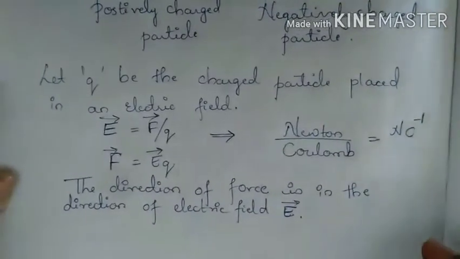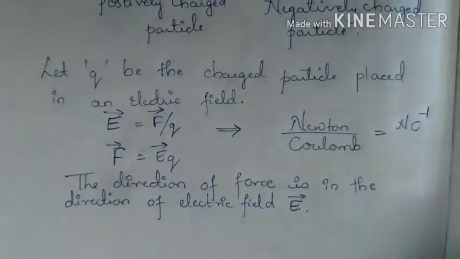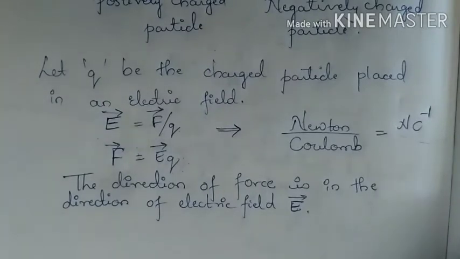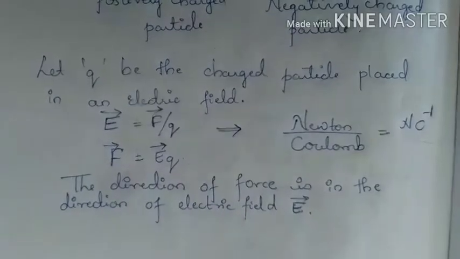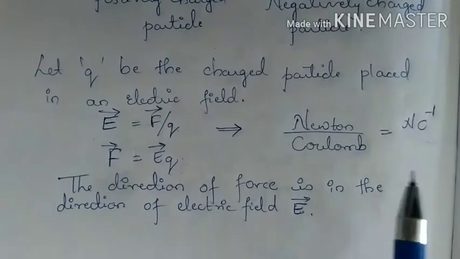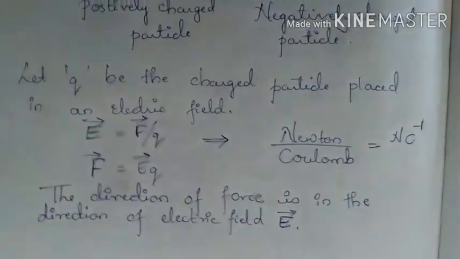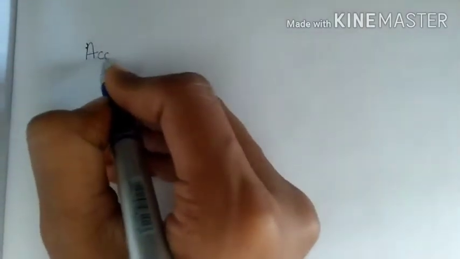So this is the basic thing that you have to understand. So what is E, what is F? So now what will happen when the field is applied? So when you apply the electric field on a charge, then this charged particle will get accelerated uniformly in the direction of field. So whenever you apply a field on the charge, the particle will get accelerated. So for that we can write, we know according to Newton's law,